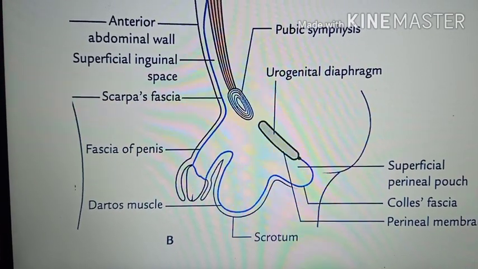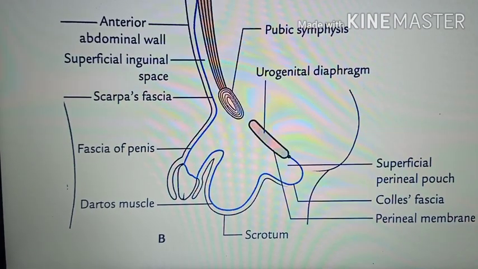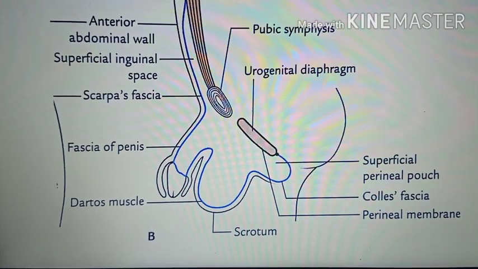In women, it is continuous into the labia majora and the anterior part of the perineum. Coming to clinical importance, if any surgery is being made in the anterior abdomen, the Scarpa's fascia serves as a firm unit for the suturing of the superficial fascia. Secondly, the extravasated urine produced due to rupture of the urethra will be prevented from entering the ischiorectal fossa.